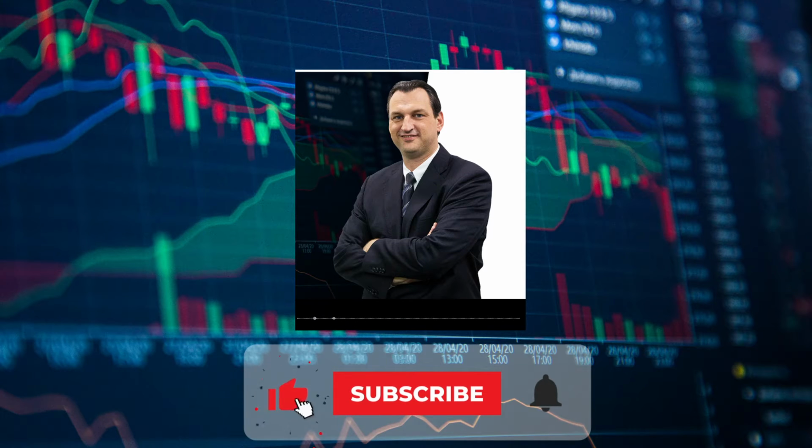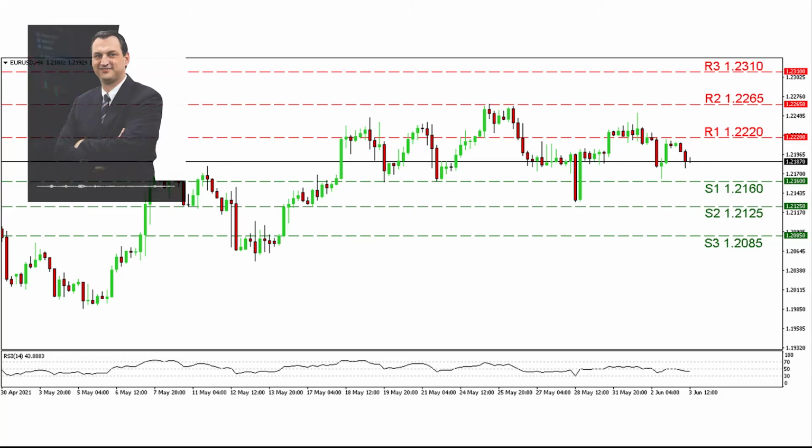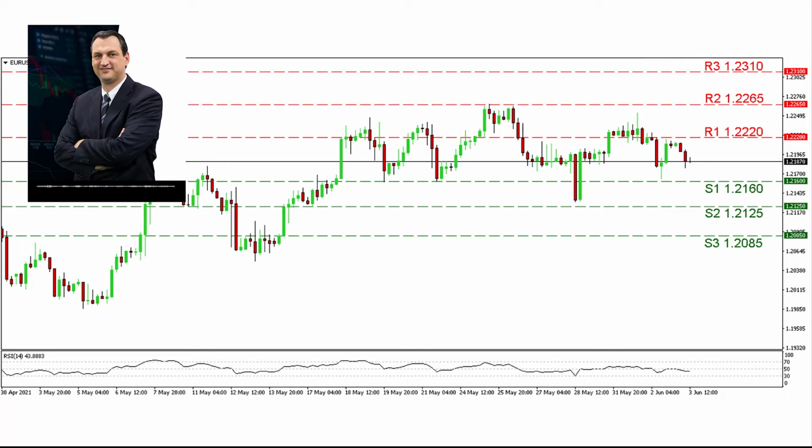With no time to waste, we start with EUR/USD's 4-hour chart. In the past 2 consecutive weeks, the currency pair was characterized by an upward movement, moving to new weekly high prices, despite the fact that on a weekly basis the upward trend seems to be plateauing. At the moment, the 4-hour chart seems to display a sideways motion between the R1 1.2220 resistance and our S1